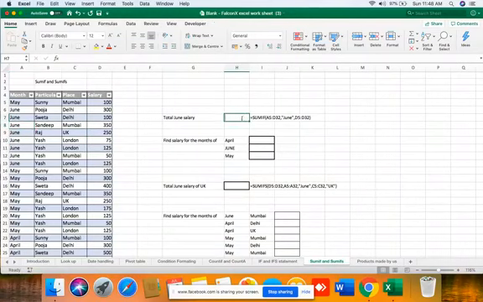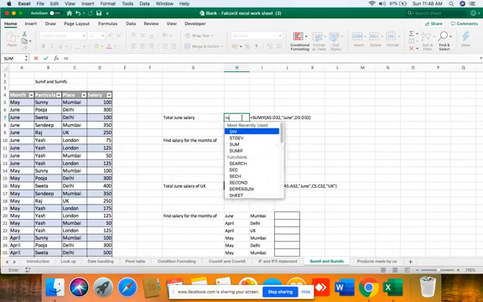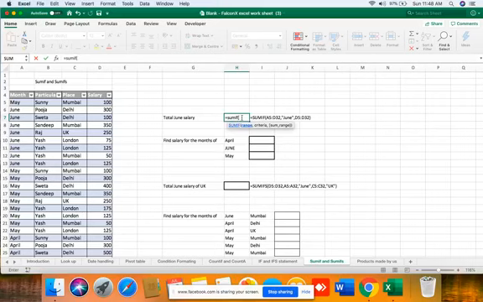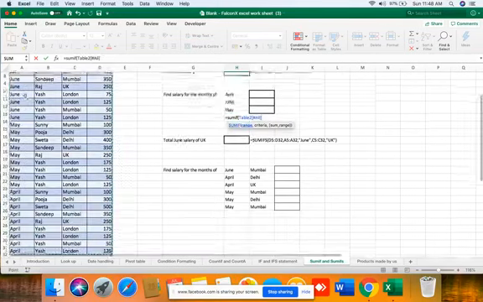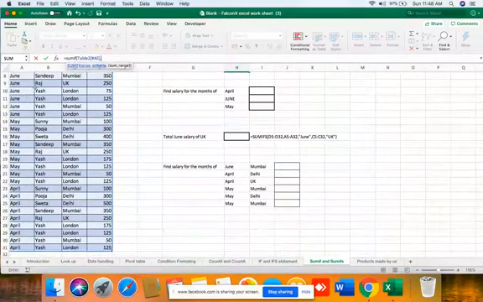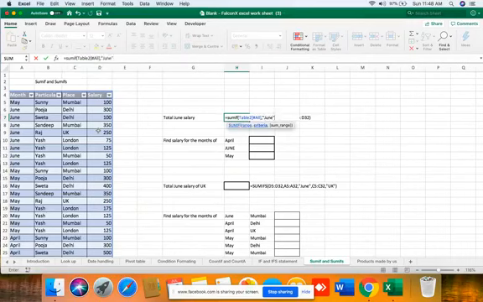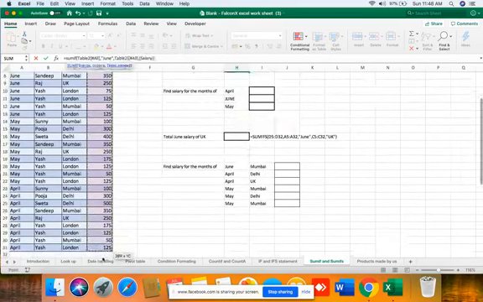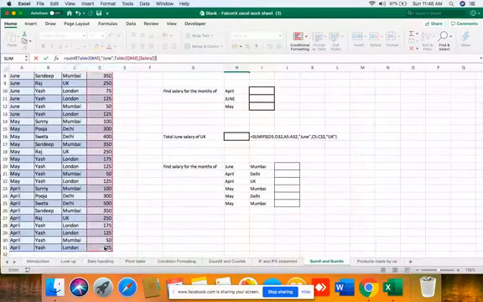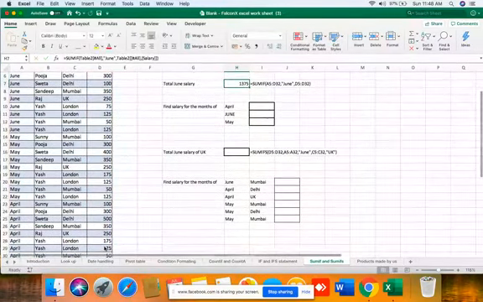So how can we solve it? Simple formula, SUMIF. First we have to take the range. What is the table range? Then the criteria, as you can see, I am putting it in inverted commas because it is text, and then the sum range. Here we got the answer 1375.